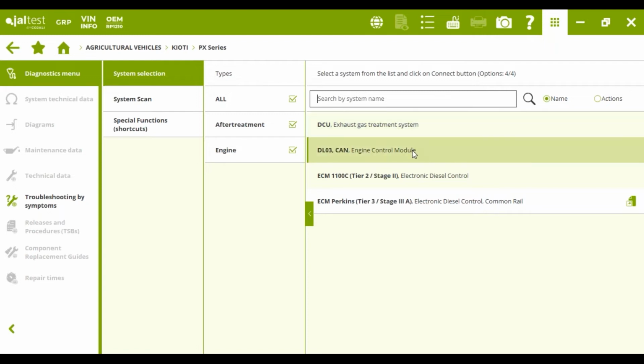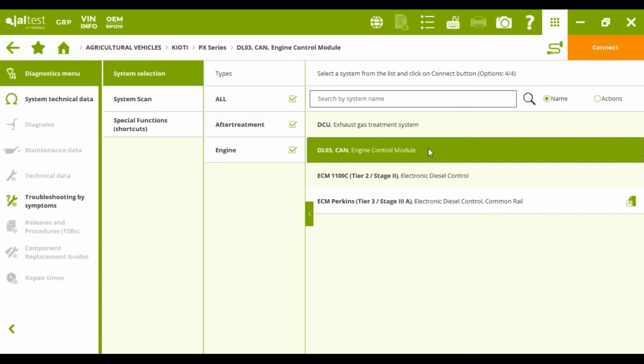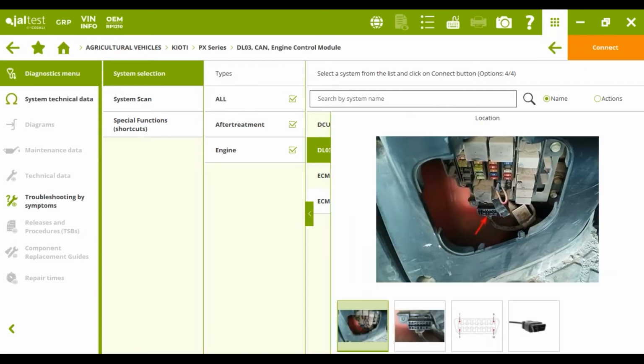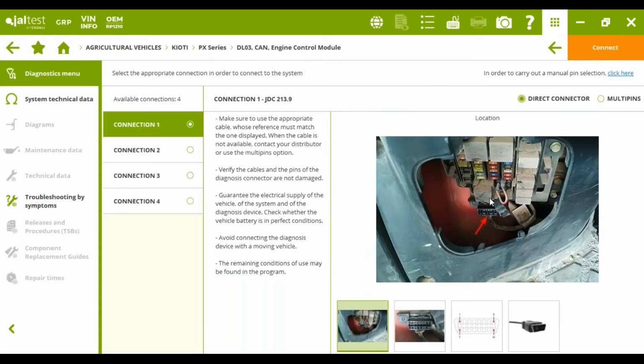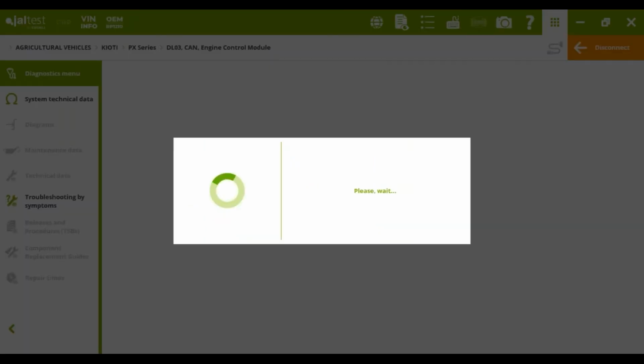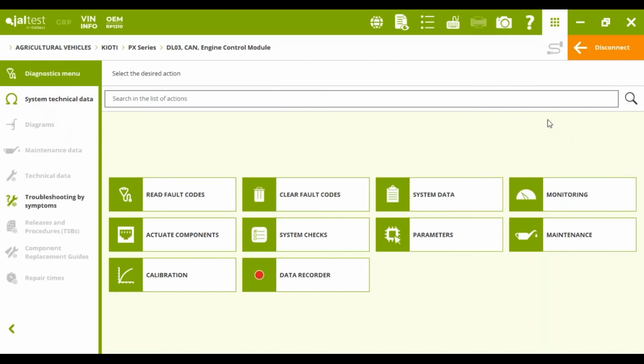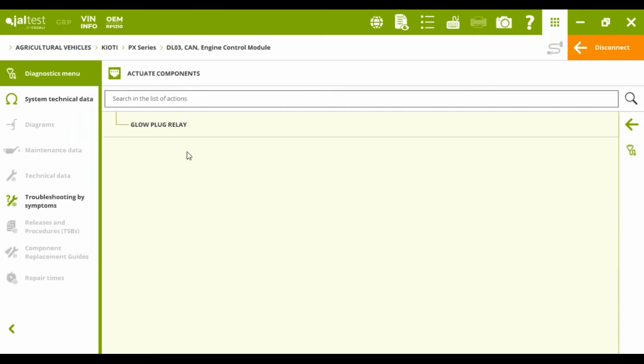So now we are going to connect to the engine. Clicking on it, we will check the connector that we need and where it is located as usual. We will click on connect and then we will see all the different actions that we can do. Like everywhere, we will see the read and clear fault codes, system data. We will be able to monitor live data as well. We can actuate components,